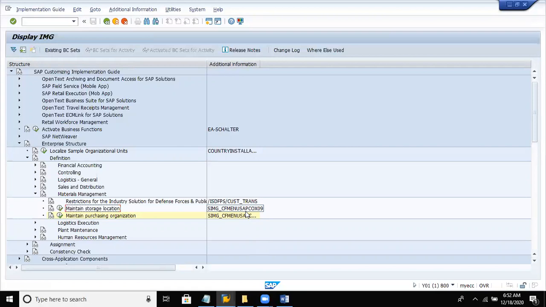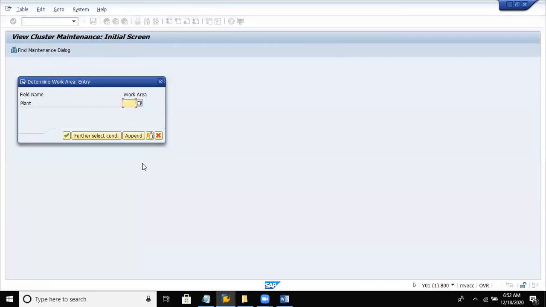The menu path for the same is SPRO, SAP reference IMG, enterprise structure, definition, materials management. Then we have here maintain storage location, and the T code for the same is OX09. First it will ask you in which plant you are creating this storage location.